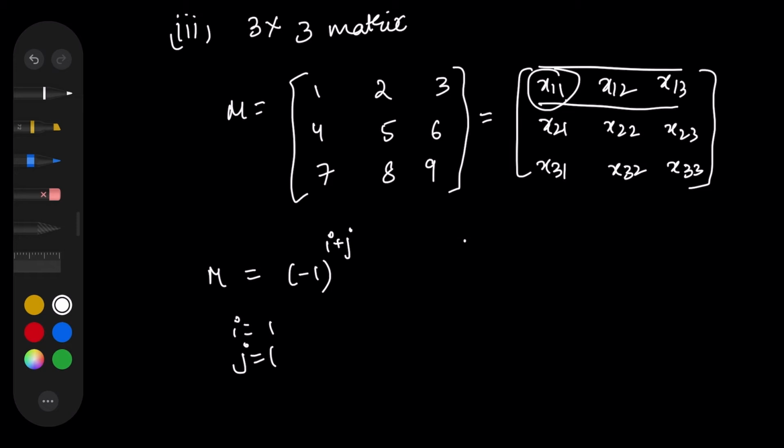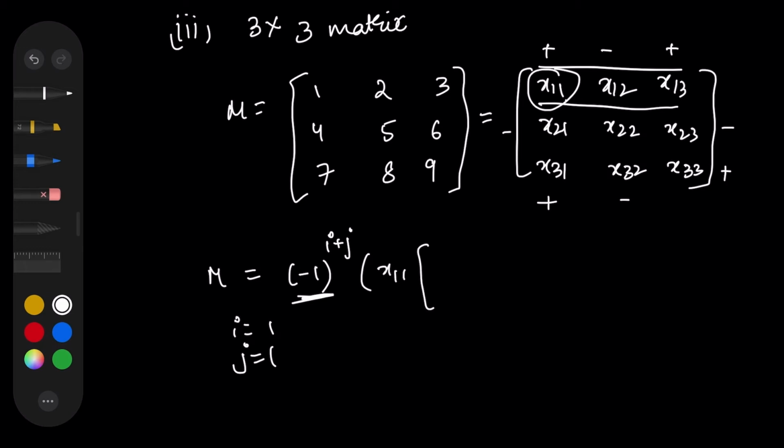So this will give me the sign convention. So it is very necessary. In most cases they don't tell why you use this, but it is necessary to understand why we have a plus sign here, why we have a minus sign here, and why we have a plus sign here. To understand why we have alternate plus and minus signs, this concept is very important, right? So you take the element x11.